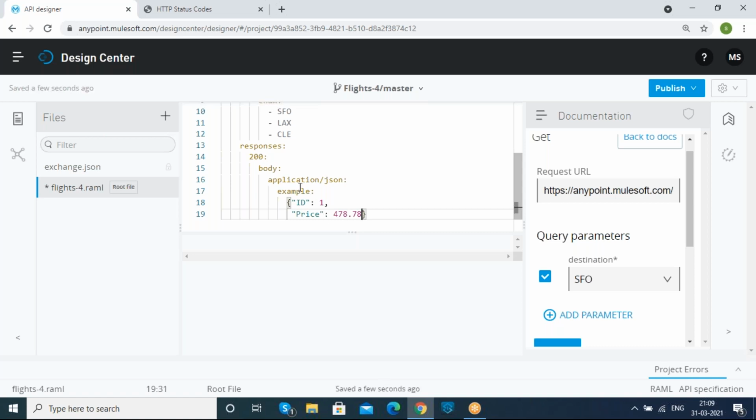Why have I provided double quotations for ID and price, and why am I not providing double quotations for these numericals? Because in order to consider anything as a string in JSON, we need to apply double quotations.